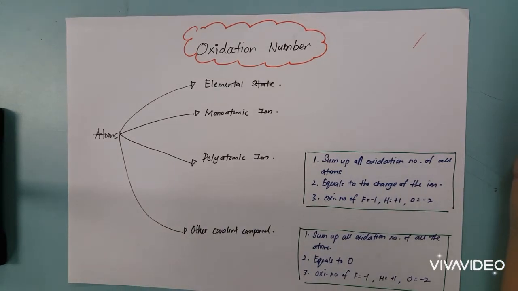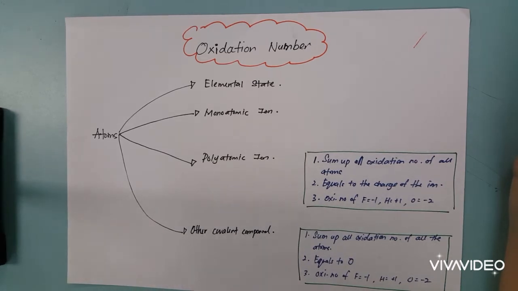Hi students, today we will be doing a quick recap on the determination of oxidation number of a particular atom. Now for your information, oxidation number is a number which scientists use to determine the number of electrons that an atom has. Every atom in the periodic table has its own oxidation number. And bear in mind that this oxidation number might change when your atom interacts with other elements or when they